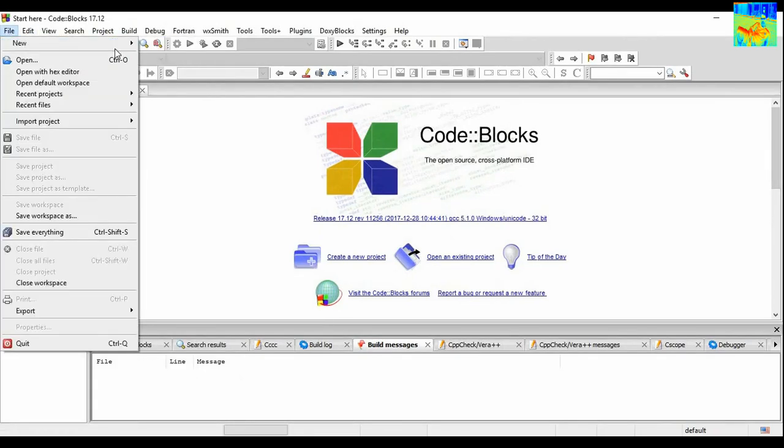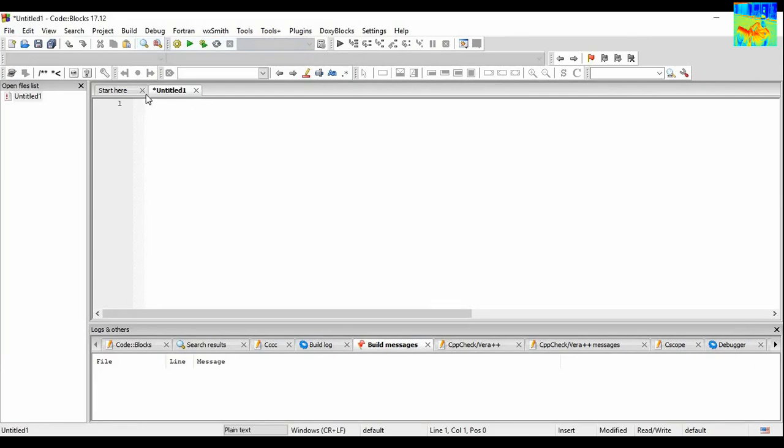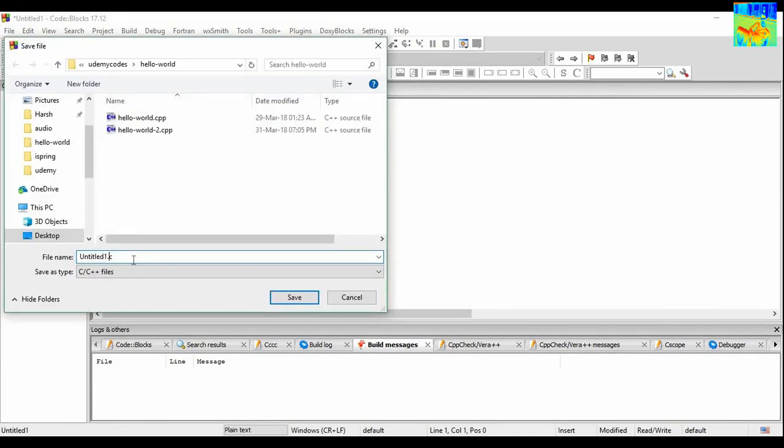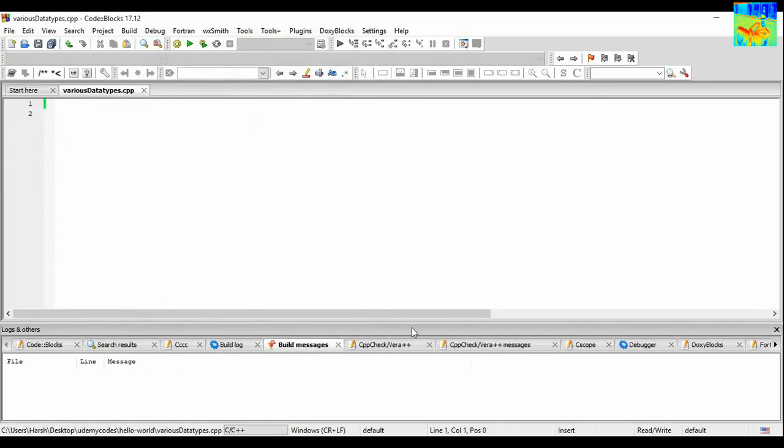File, new, empty file, save file. Okay, so let's name it something. Various data types .cpp. Save.